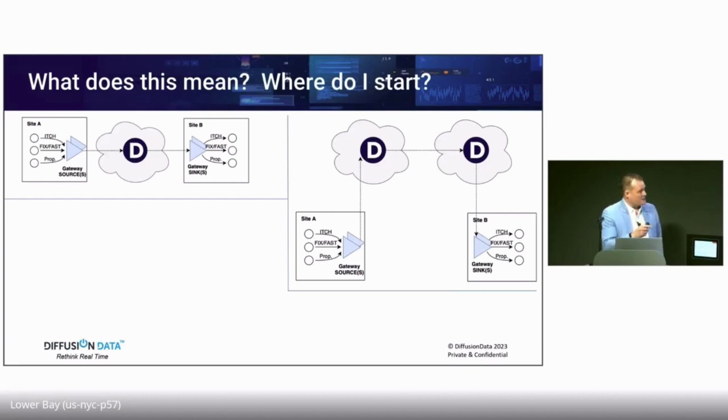It's worth mentioning that Diffusion has a patented feature that we call compressed deltas. As we're here with a bunch of market data experts, we all know what a delta is, but we do things differently. A lot of platforms will calculate a delta by taking the message up through the OSI stack into the application layer, and then performing a field-by-field diff to work out what's the difference. Diffusion operates at what's called the CBOR level, or concise binary object representation. So we are performing a bitwise or bytewise diff at the CBOR level, and all we have to publish into Diffusion are the bytes that have changed.